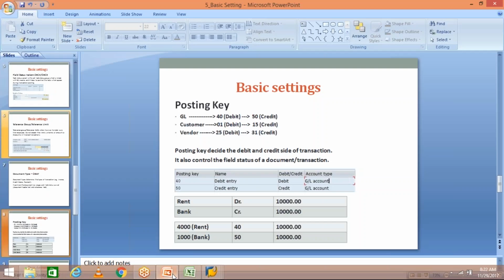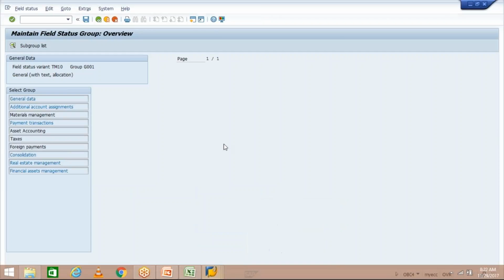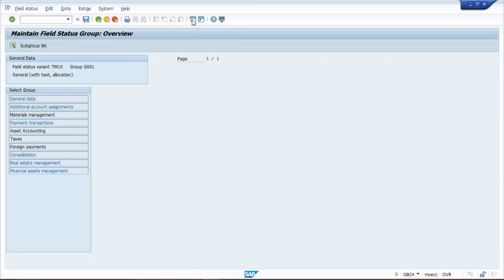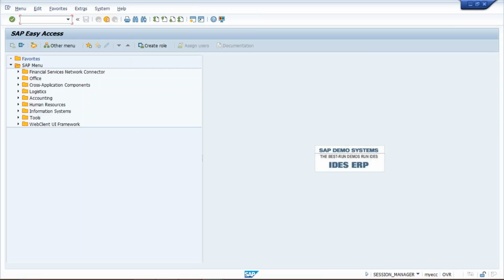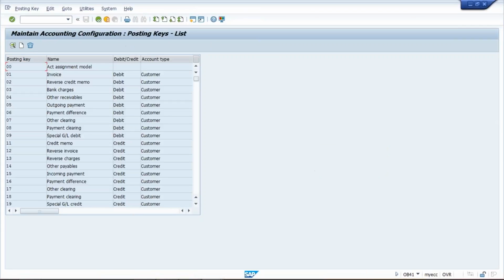here we are discussing posting key. So how to create a posting key? We are going to create a new session here. Posting key can be created by using transaction code OB41, I guess. Let me try. OB41 is the transaction code for posting key. Okay, whatever posting keys are required, that is already given by SAP. Here we are not going to set up a new posting key,